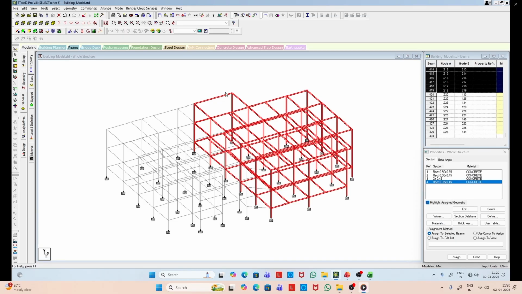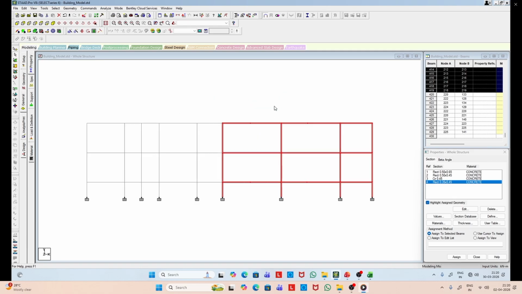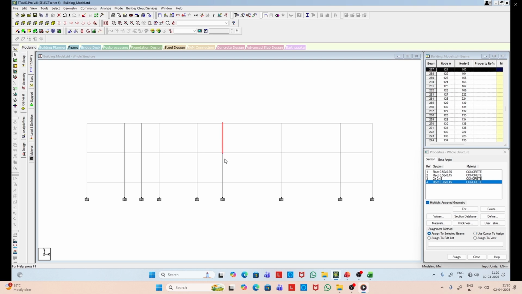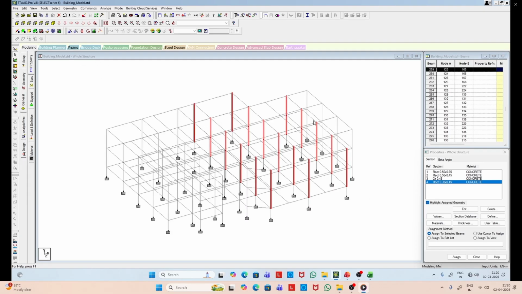So we can select the element and assign it. We'll see in a minute. We can select the columns, we can select the beams, we can also select the beams at the floor level, as you have noticed. Now these are the columns.